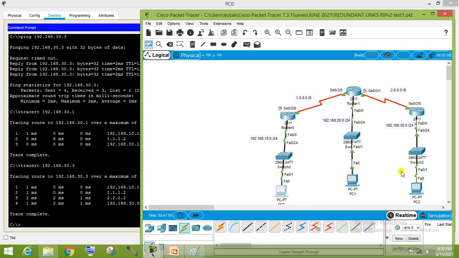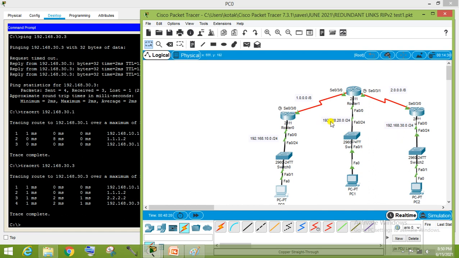So this is that, the routing protocol which we are implementing here is RIP. So just count the number of hop counts. To reach from this PC to this one, how many hops are coming? It is 1, 2. That is 2 hop counts. The total maximum routers used here is 3 routers. And this is the path. This is the common path.